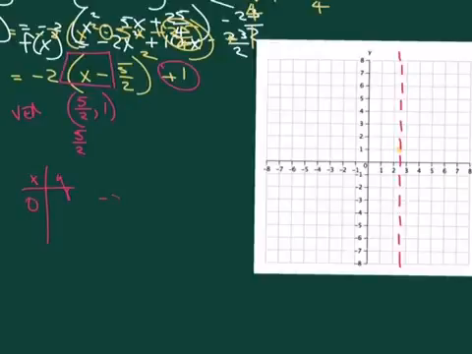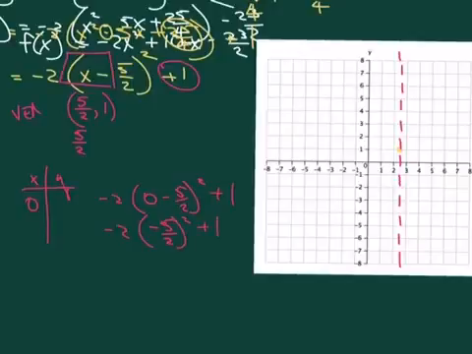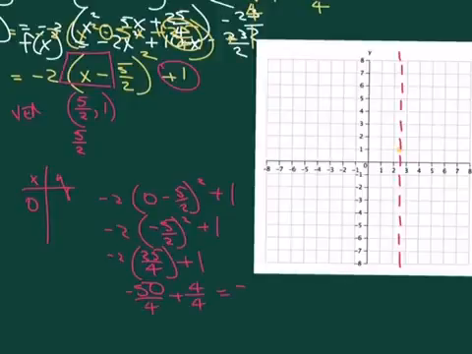So negative 2 times 0 minus 5/2 quantity squared plus 1 gives me negative 2 times 25 over 4. And that's negative 50 over 4 plus 4 over 4 gives me negative 46 over 4,